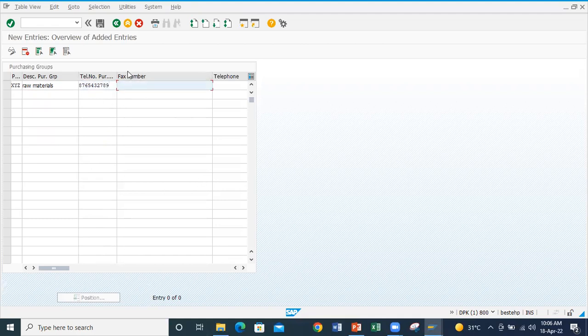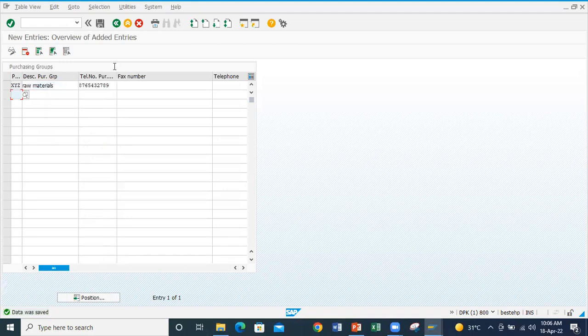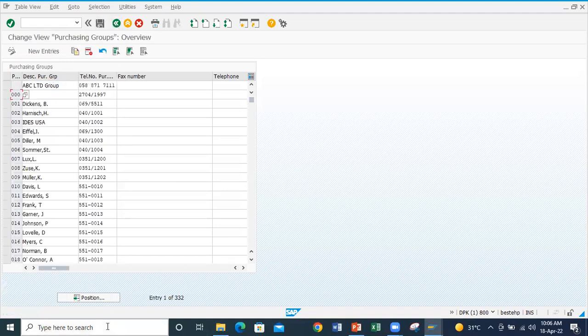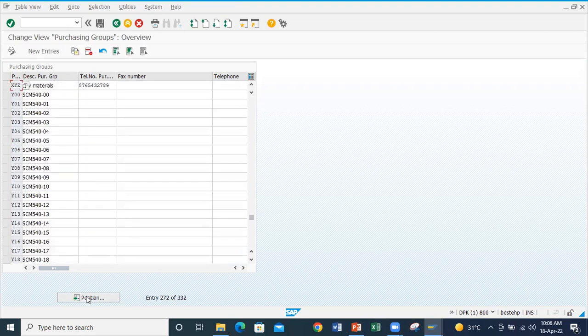After this, we have to save it. Okay. After saving this, go back and go to the position and search it, XYZ. There is an entry, right? This is your entry. So data already saved. Go back